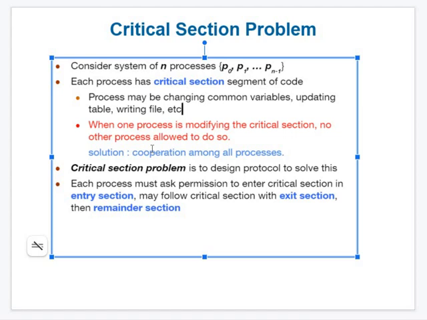Processes should synchronize properly. It means the library should take care that whatever the student requests should be available on time. If not, at least reserve it for him, and he can get it. In that way, critical section means something which is shared. When one process is using or modifying it, no other process is allowed to do so. If you took the library textbook number 1 of operating system, no other process is allowed to take it unless you give it back or your time finishes.